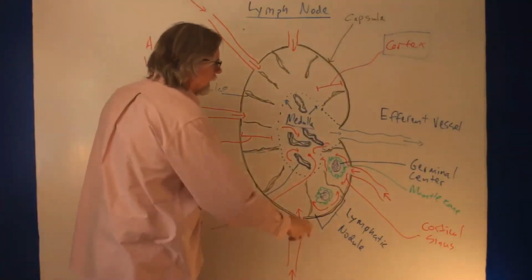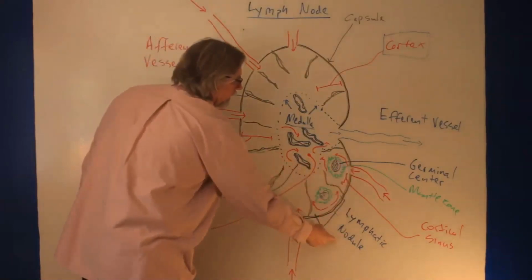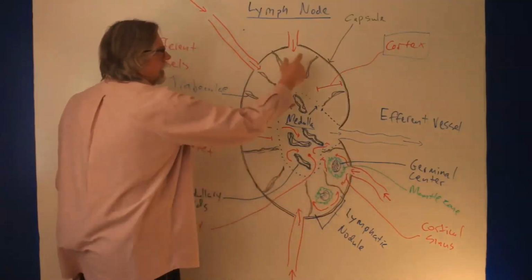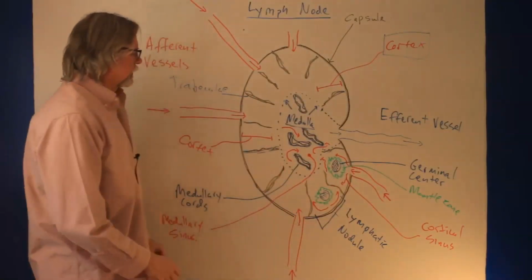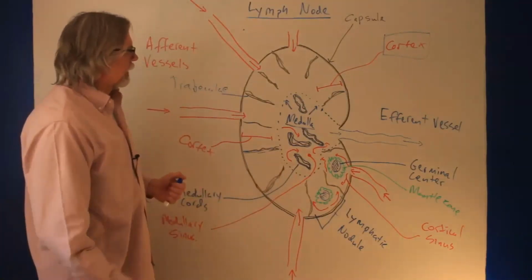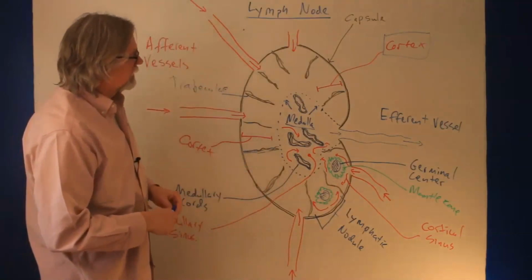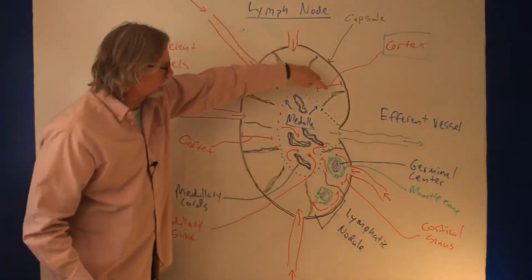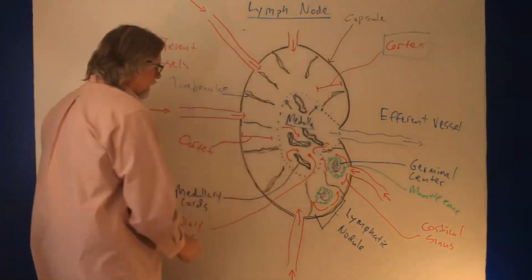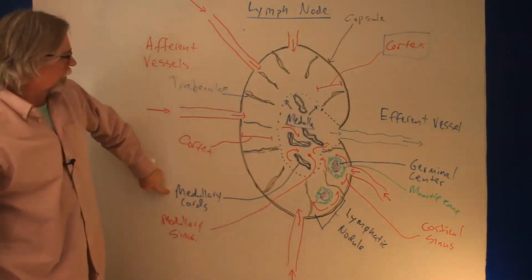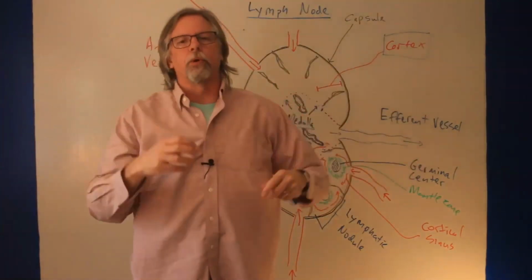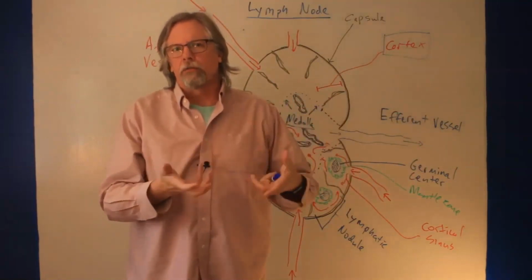Okay? So that's a basic structure of a lymphatic nodule, which is a repeating structure in the chambers of the cortex. The chambers are sectored off by the trabeculae. All right, how about the medulla? The medulla has a very kind of disorganized appearance to it, not as regular as the cortex. But there are two main structures that are involved. There are what are called the medullary cords, and these are sort of islands or areas where there are fibers running through the medulla,